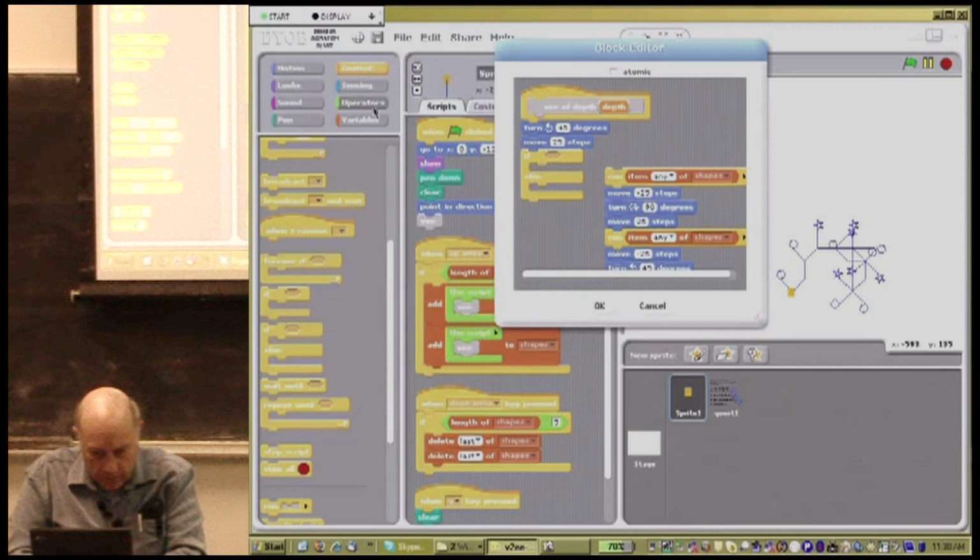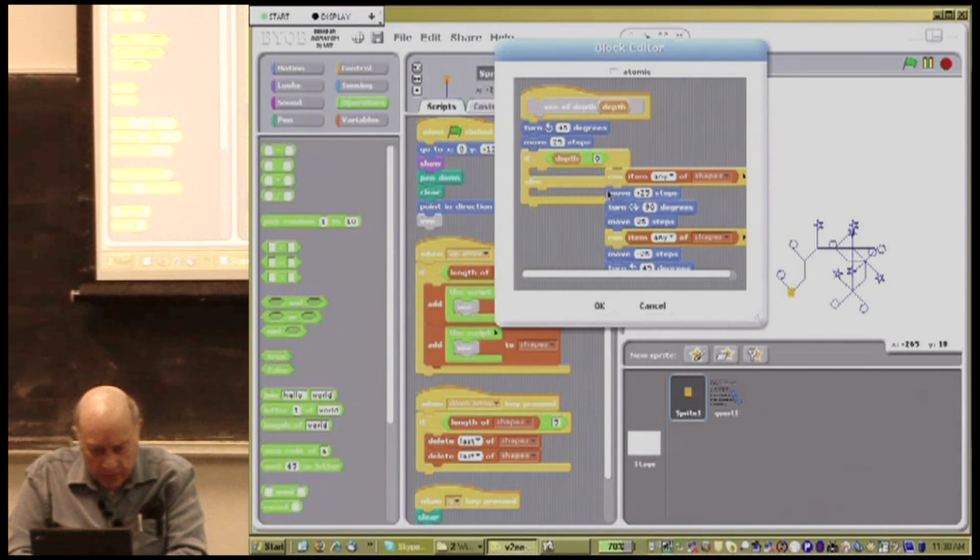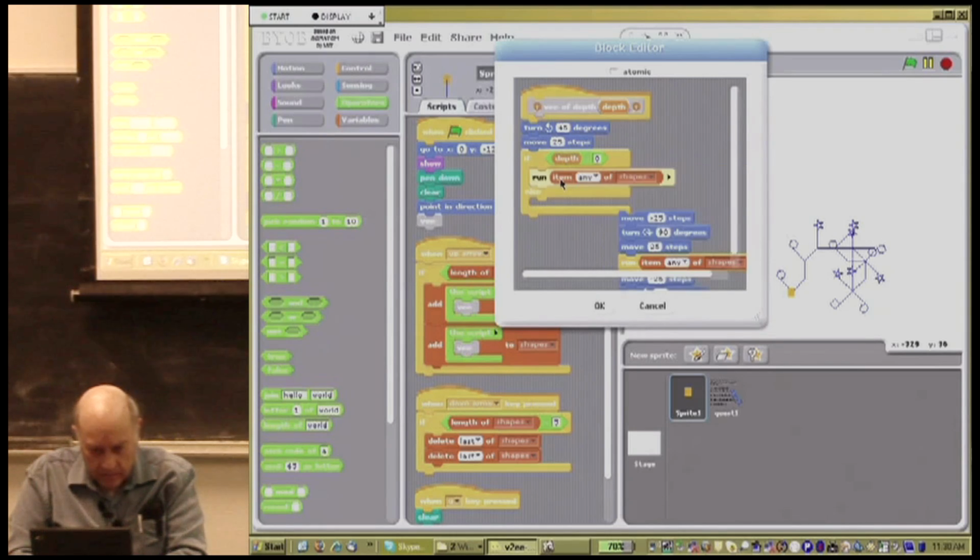Forgetting how this works. If depth is equal to 0, then pick a random shape. Otherwise,